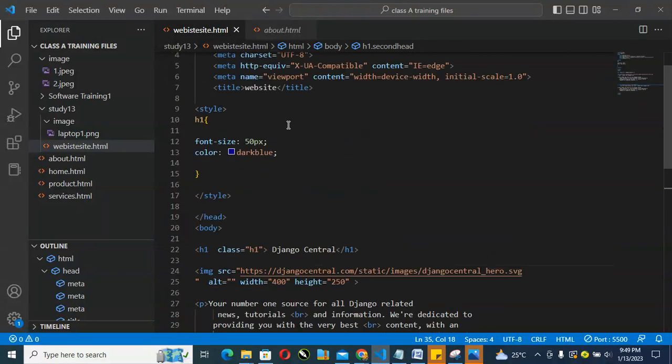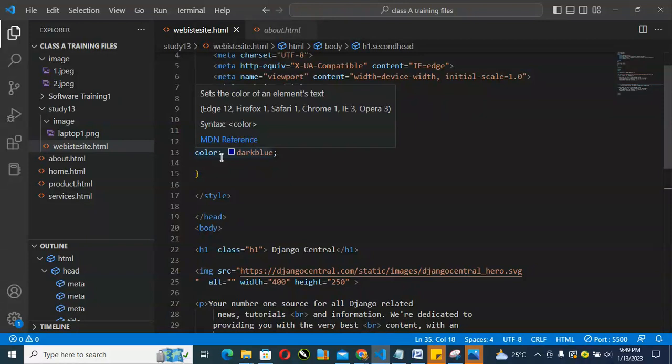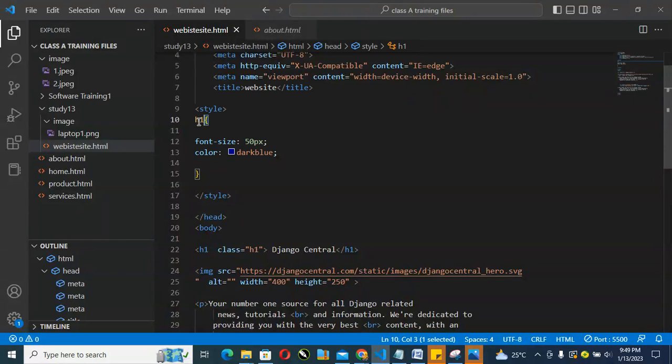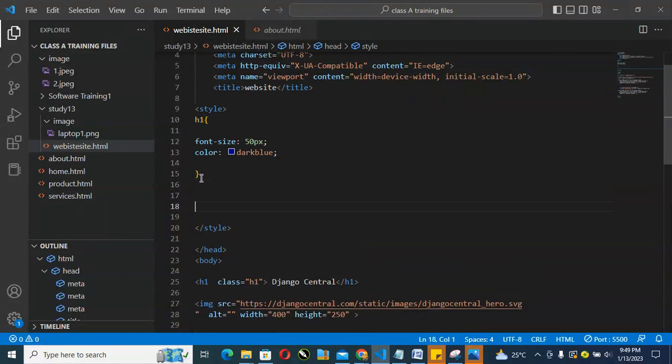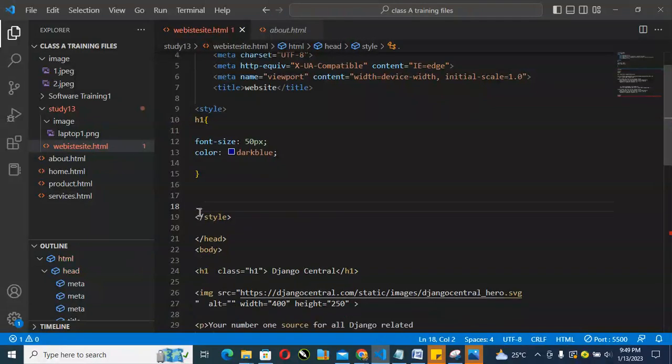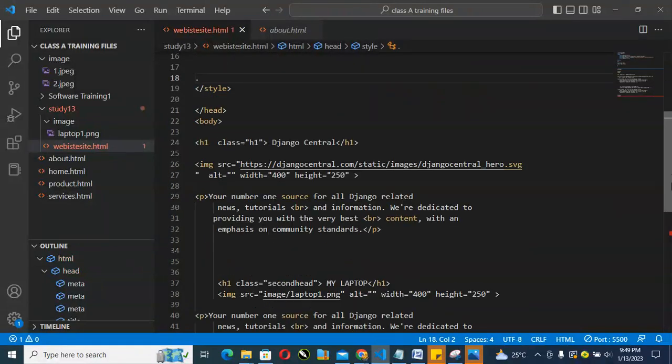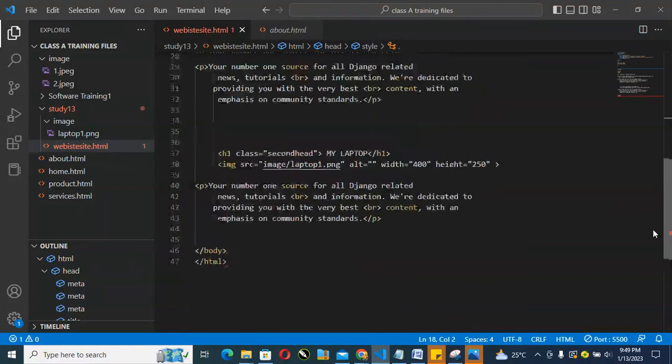Now, if you come up, you notice here, look at how we call in our H1. We just call the H1. It's not the same way in class. You call a class a different way. If you look at this H1, we are calling it as H1 because it is an element. To call a class, all you need to do is come down here and give it a dot, then the name of the class. Sorry, guys. The dot goes at the beginning, then the name of the class. Let's say the class I'm using here is